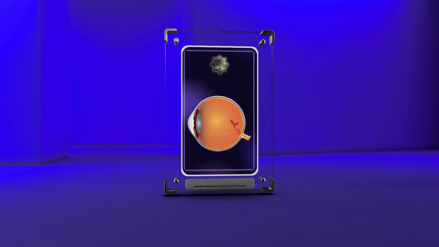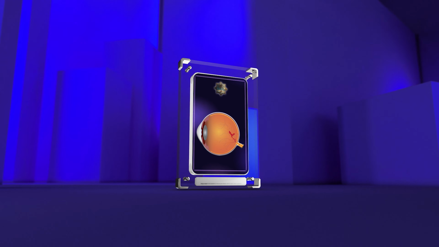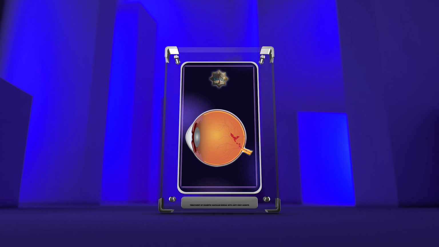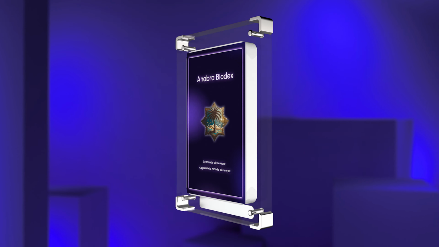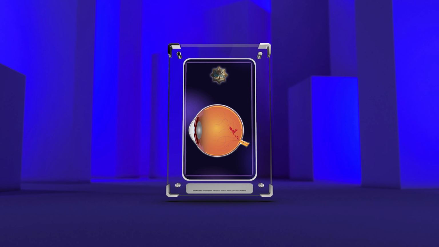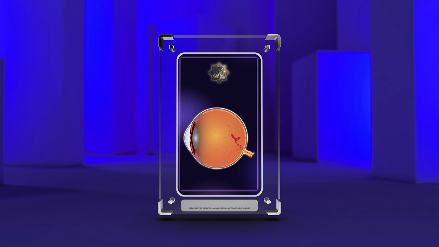Diabetic macular edema, DME, is a common complication of diabetes mellitus, affecting the macula, the central portion of the retina. It is characterized by the accumulation of fluid within the macula, leading to impaired vision. This condition represents a significant burden for patients and healthcare systems worldwide, necessitating an in-depth understanding of its pathophysiology, diagnostic